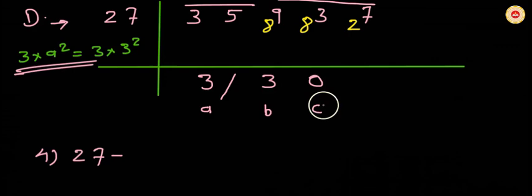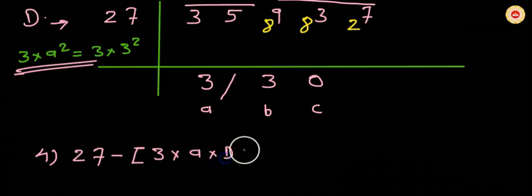Now friends, we are going to calculate the fourth digit. To calculate the fourth digit, what do we subtract from the gross dividend to get the net dividend? 27 minus 3 multiplied by A multiplied by duplex of BC plus triplex of B,